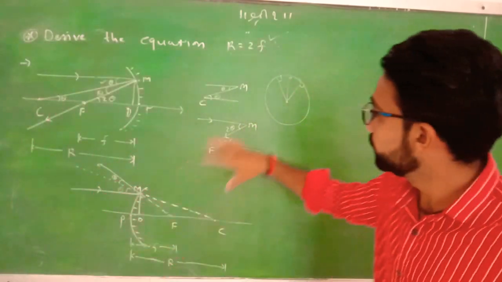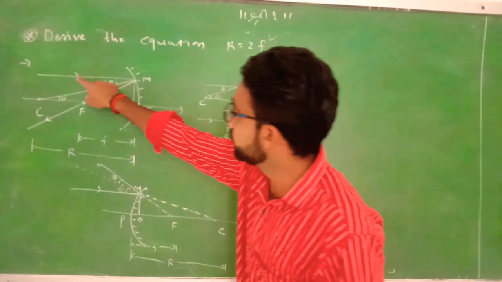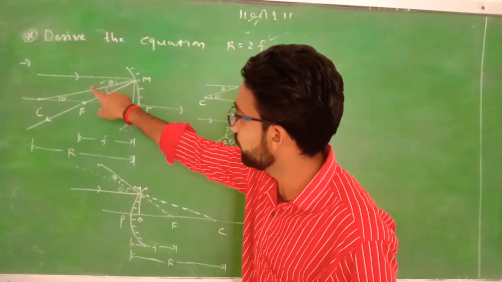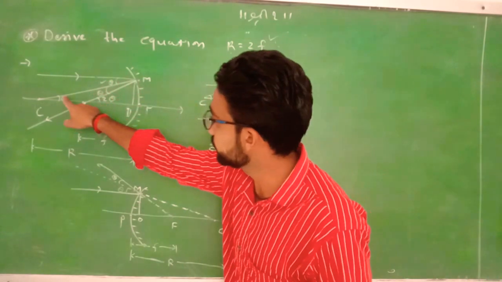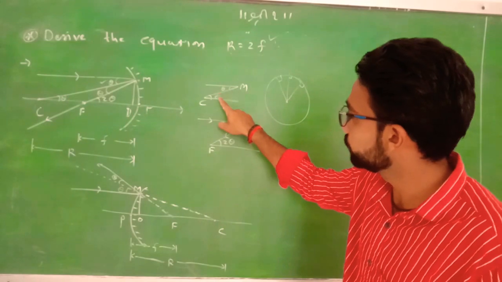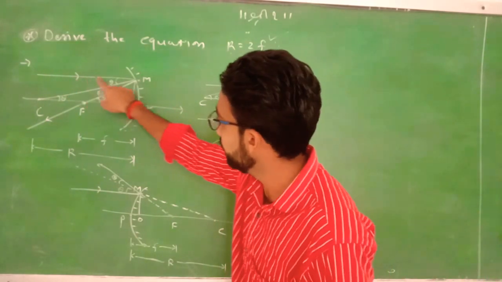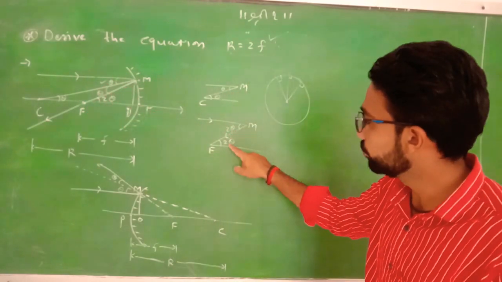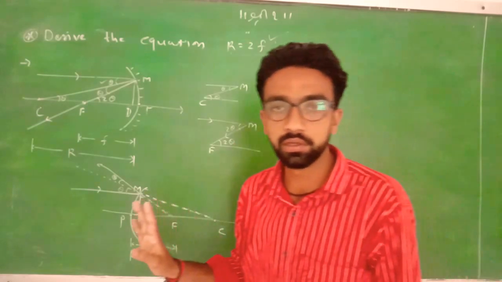From this figure you can easily understand what theta is. This is the incident ray and this is the normal. The angle between the incident ray and normal is theta. This angle is alternating with this, so this angle is also theta. Now 2 theta is the angle between the incident ray and reflected ray, that is theta plus theta, 2 theta. This angle is alternating with this one, and because of that, this is also 2 theta.